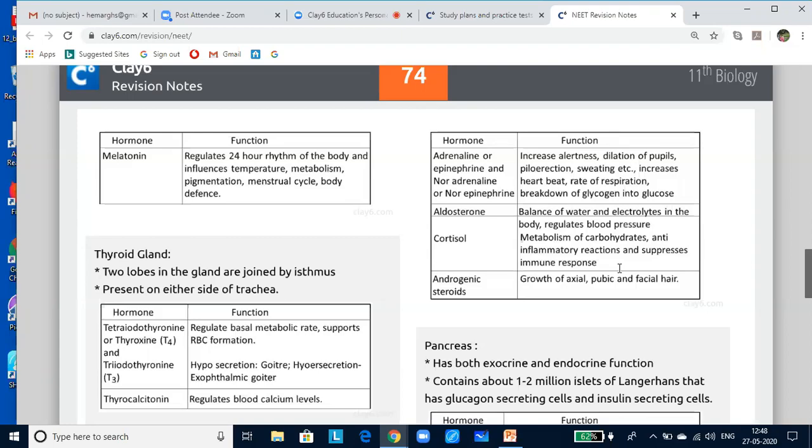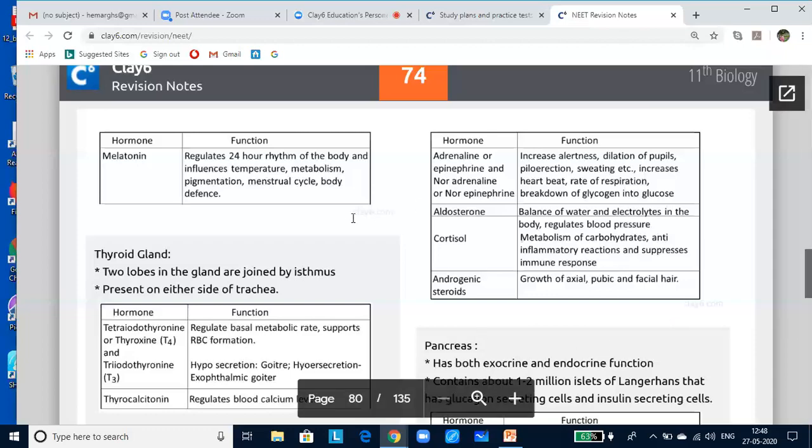See, because of melatonin only, when it is sunset, in the evening times you start feeling sleepy, and naturally at night you feel sleepy because this hormone is secreted in the dark. But unfortunately, because of our work conditions, we have modified our biological clock, and as a result we are going against the function of melatonin, and that is why we are facing issues with our body. You find young people succumbing to lifestyle disorders like blood pressure, sugar, heart attacks at a very early age, because they are going against the action of melatonin, and as a result they are bringing in a lot of changes in their body.